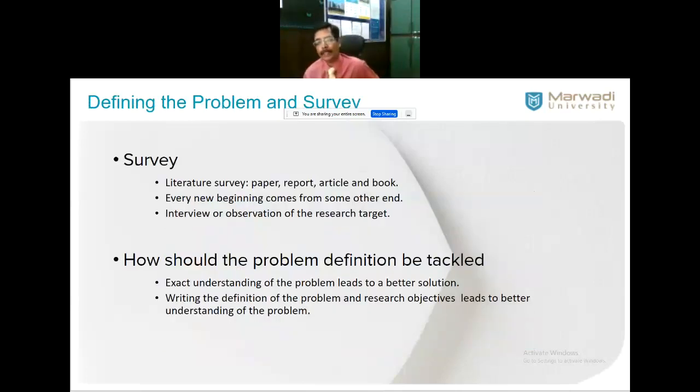So the next step, we do the survey, what is available. For that, you don't look into so many years back. If you want your research to be very, very powerful and the current state of the art, you look into the survey within 3 years, not beyond that. Suppose you start your research work in 2012, don't go beyond 2019. So that is the thing.